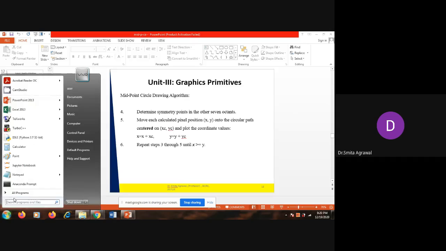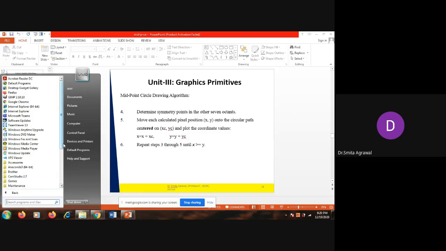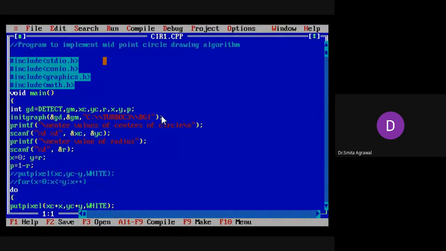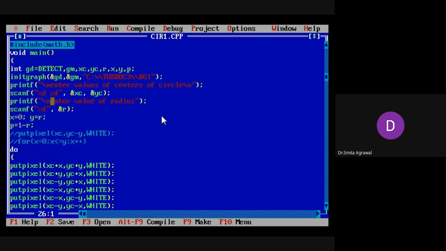So we will implement this program using C language. Here is the program of the midpoint circle drawing algorithm. Initially we have included the stdio.h, conio.h, graphics.h and math.h header files, and after that we start the main program.